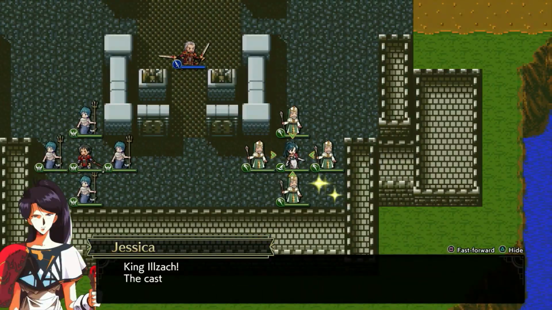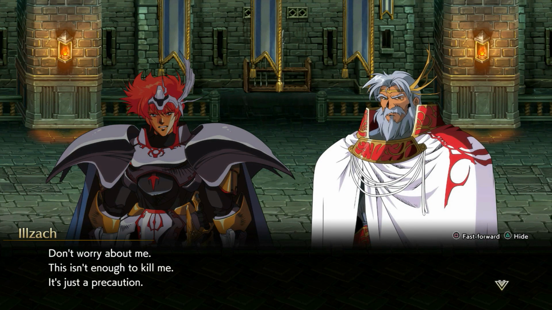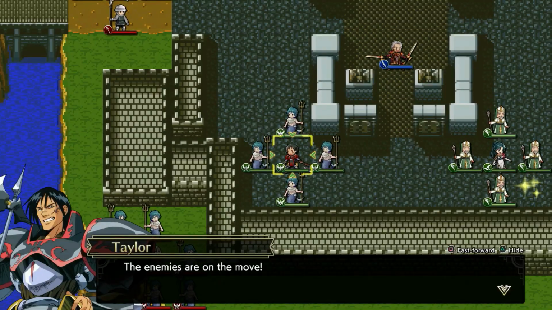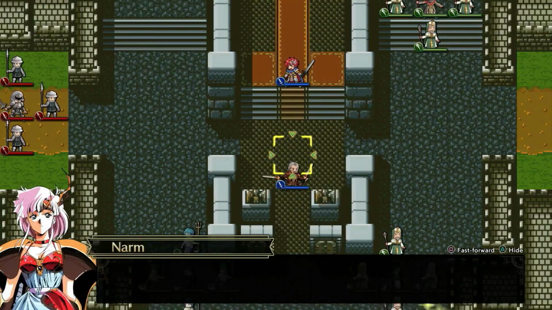イルザック王、城が包囲されております。 レディンよ、お前はサルラスへ逃げろ。あそこには我が友ホーキングがいる。 父上、何を言われるのです。 案ずるな。これしきで落ちはせぬ。もしもの敵が動き出しました。